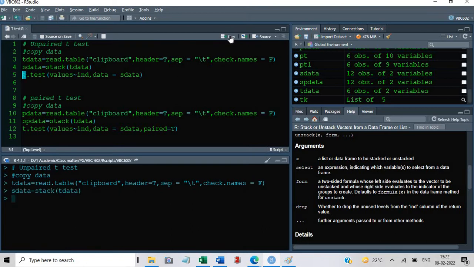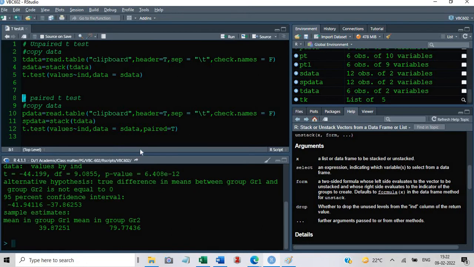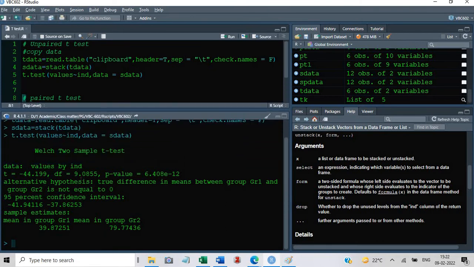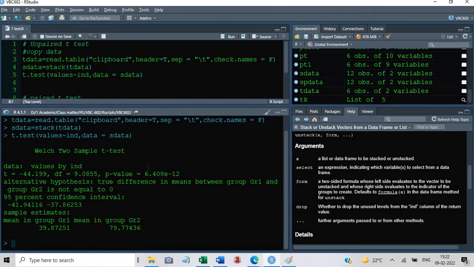Click run again, click run. Now what you find here is the result of the t-test. This is the p value, that is 6.4 into 10 to the power of something, which means it is very much less than 0.05. And this is the mean value of group 1 and the mean value of group 2. So this is the unpaired t-test.